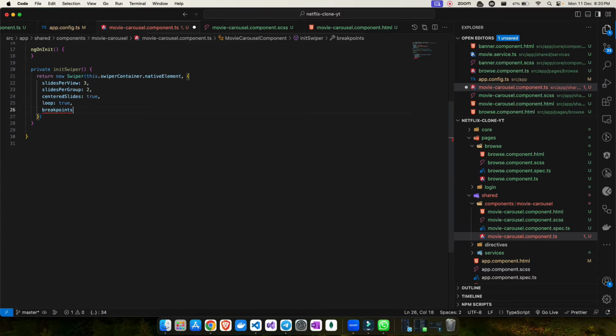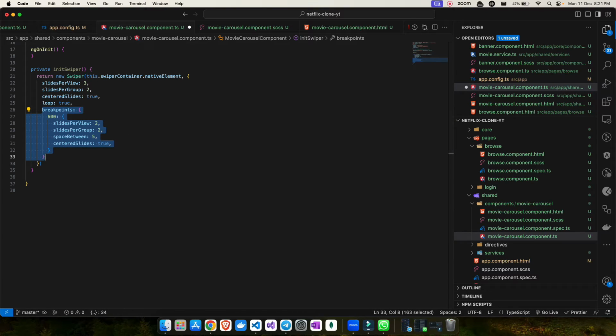Okay, so you can see you have a breakpoint axis here, and you can make use of this breakpoint to change this configuration. For example, if the screen size is 600, then how you want to change the configuration. So for example, you can again change the above things like this. This is the default one, and if you want to change it based on screen size, you can do that also.